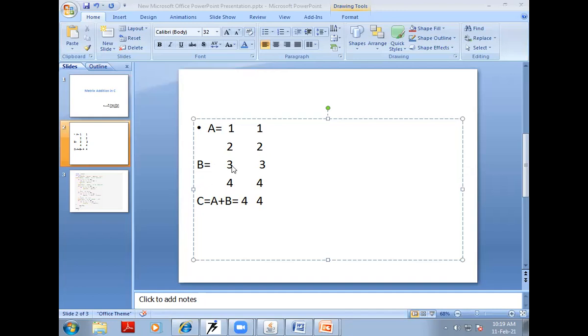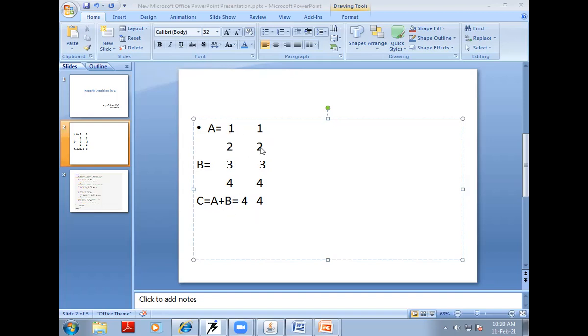If we want to add matrices, the order of the matrices should be the same. Means we can't add a 2 by 2 order matrix to a 3 by 3 order matrix. This is a prerequisite of matrix addition, that the order of the matrices is the same. So the matrix C will have 2 rows and 2 columns.